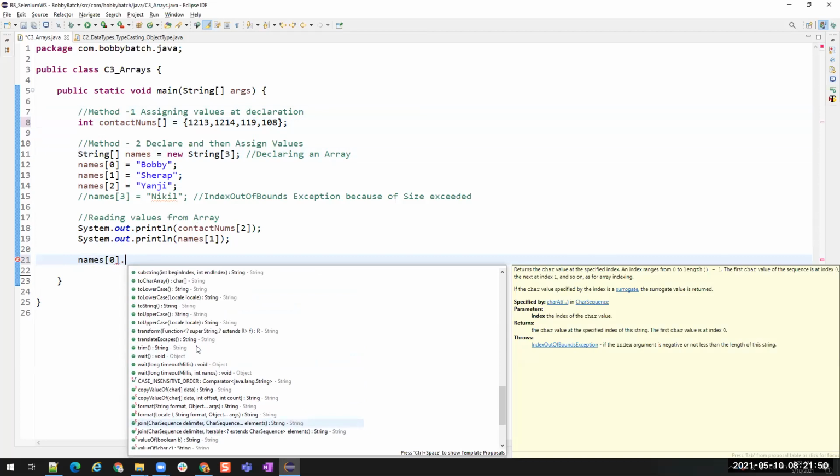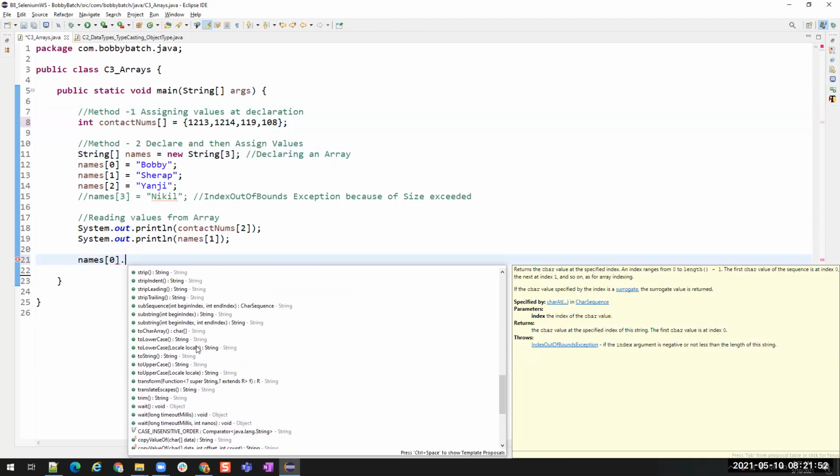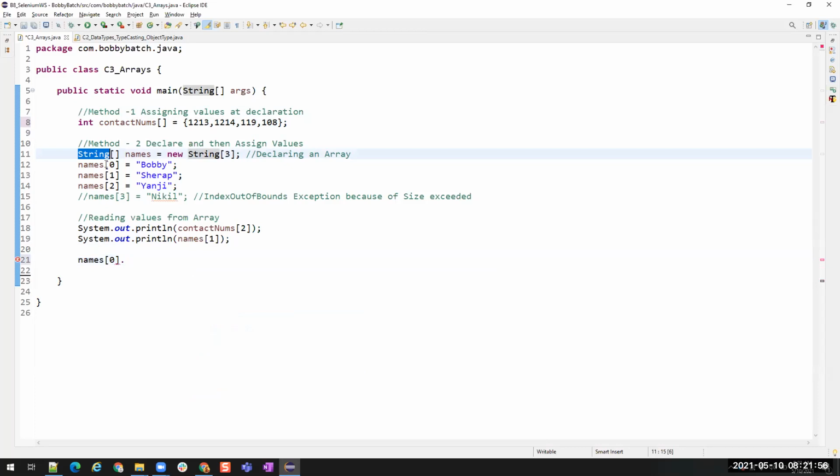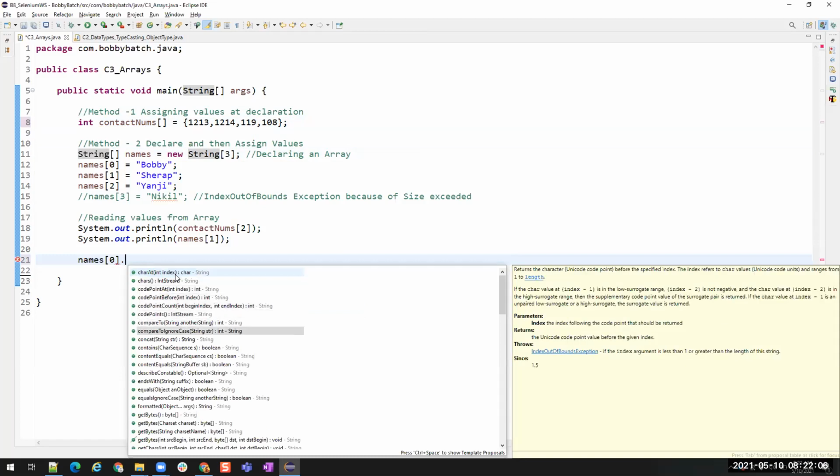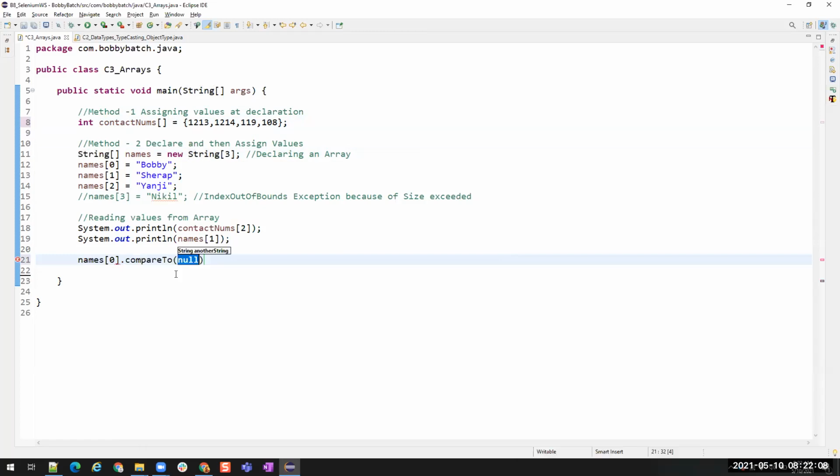All those methods are already written inside the String class, so we can use them with reference types. But with primitive types, we won't see any of that. For example, if I want to compare to another string, I can compare it directly. There is a method called compare.